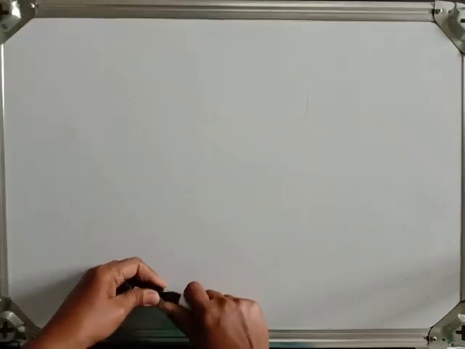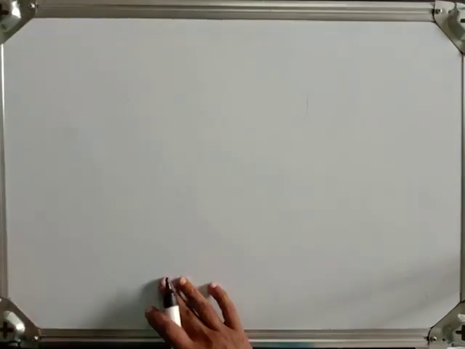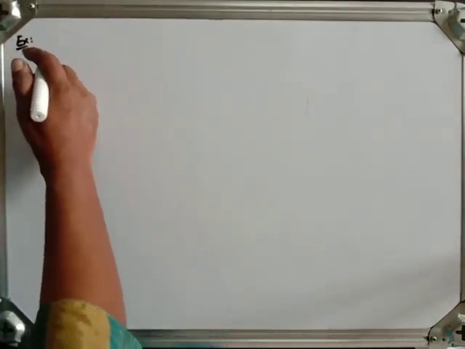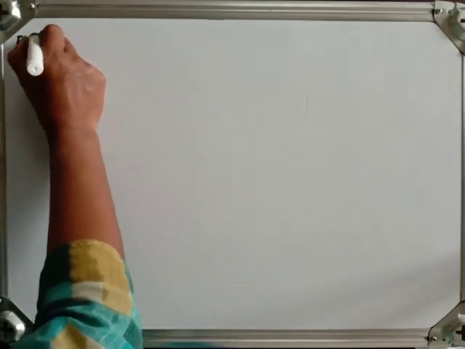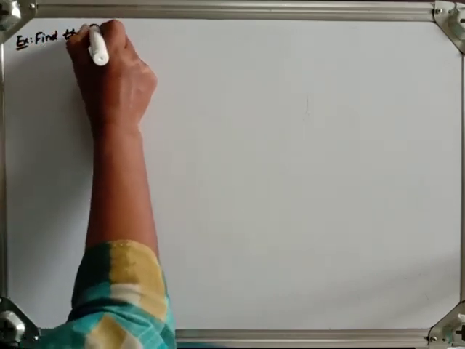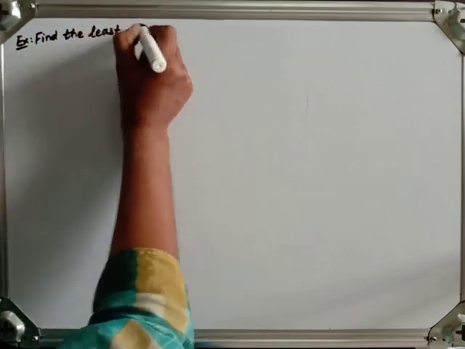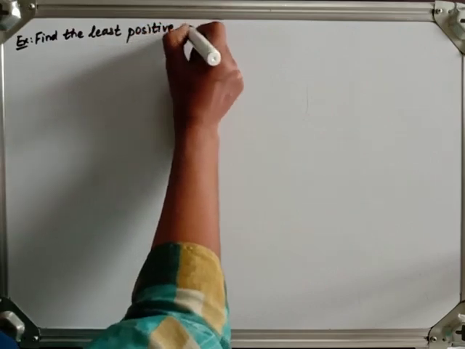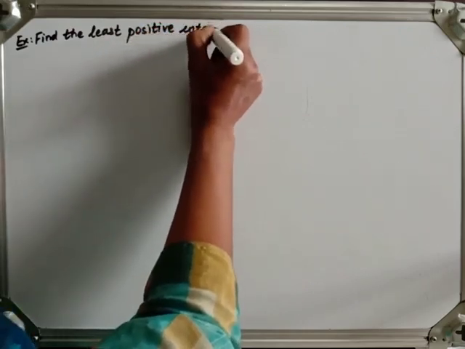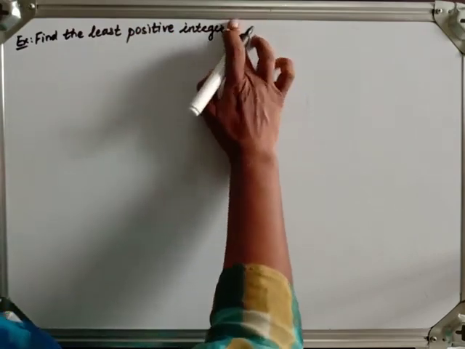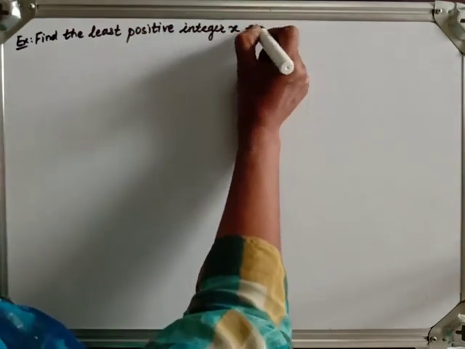Hello students, let's solve some more examples on system of linear congruences. Example: find the least positive integer x such that